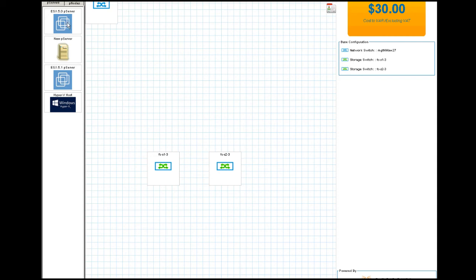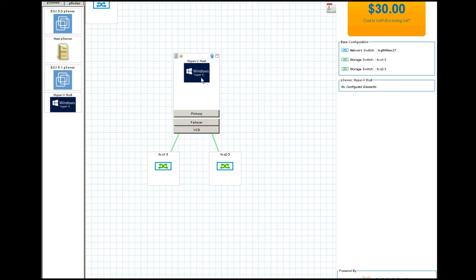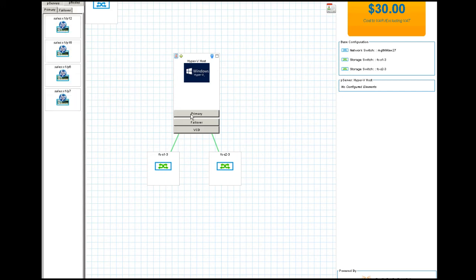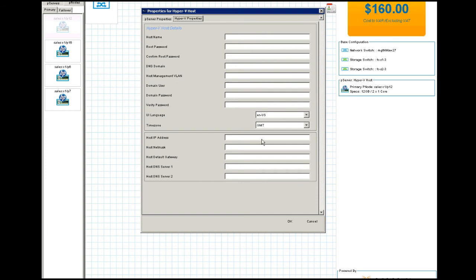But I talked about being able to do both from a VMware and a Hyper-V standpoint. But let's take the Hyper-V one because that's the new one. So I drag my physical host over here. I can assign it a blade, much like I did over there. This is an HP blade that I assigned it. But when I go into the properties of this Hyper-V host, I can call it whatever I want. I can pick the boot target. But the big thing here is the Hyper-V properties. And so you put in all of this information here for your Hyper-V host. And when I click on OK, after you've put in all that information,